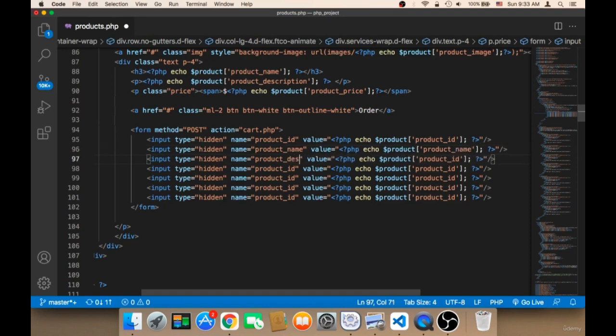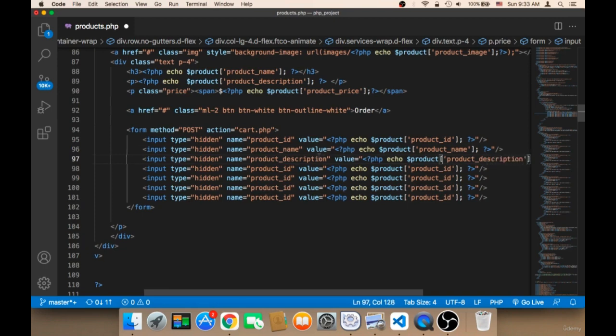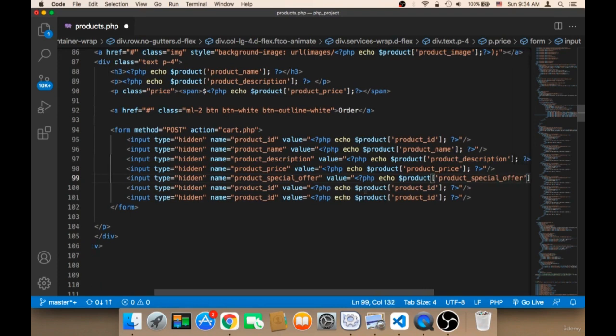I'm going to say description, and here description, and then we want the price, and then here price. We also want the special offer. I'm going to say special underscore offer, and here product special offer. We also want the category, and here category,